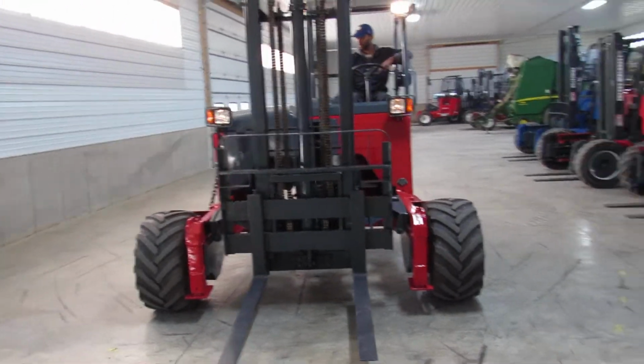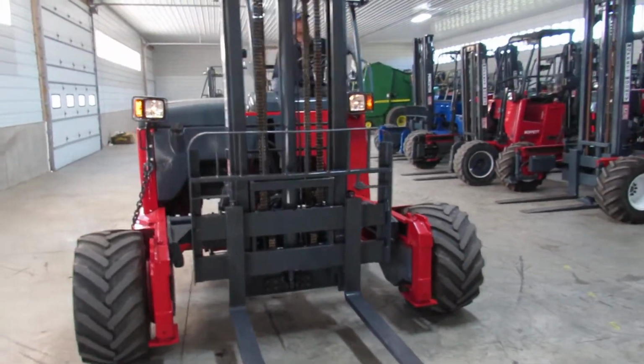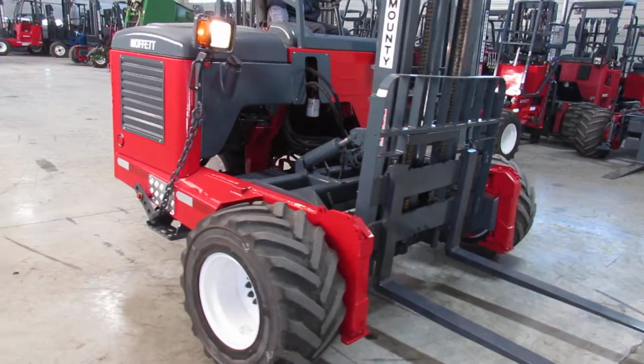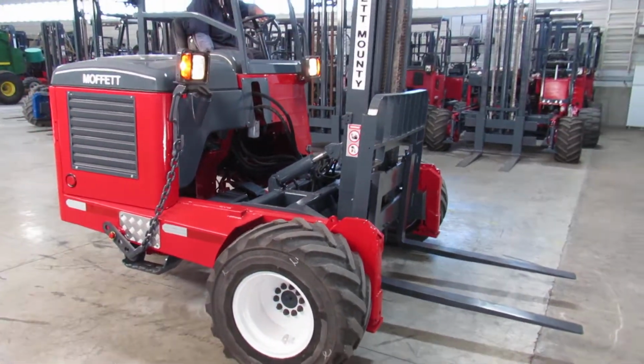Our machines come with an operational guarantee. What that means is this thing will come to you in the condition that we have presented it here today, or we're gonna help you get it going the way it should be. Also, ladies and gentlemen, you get a